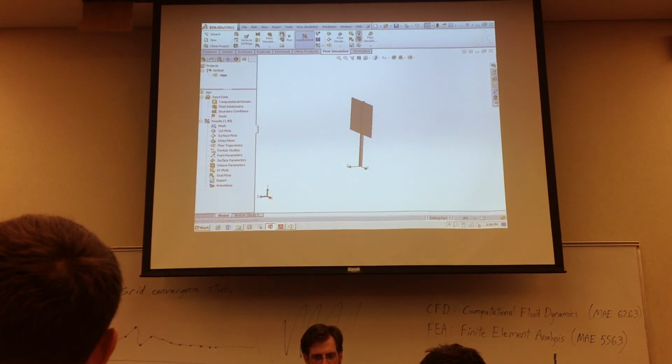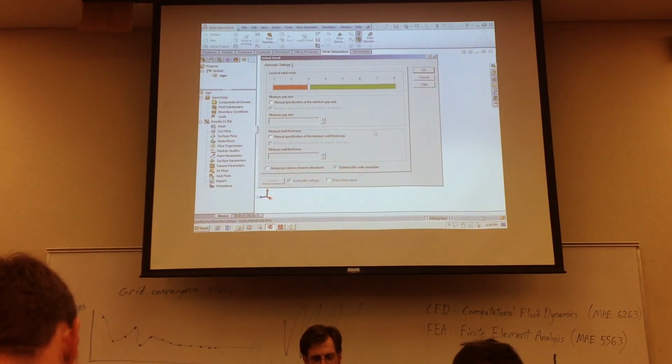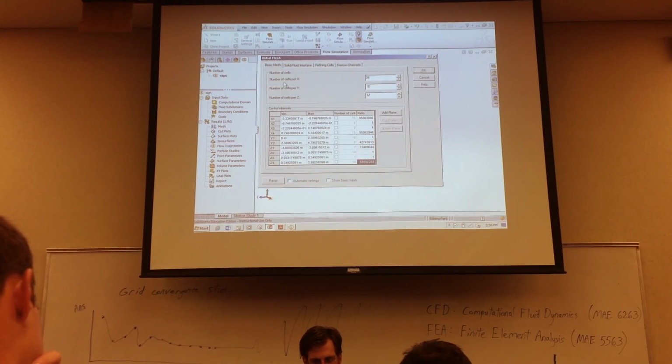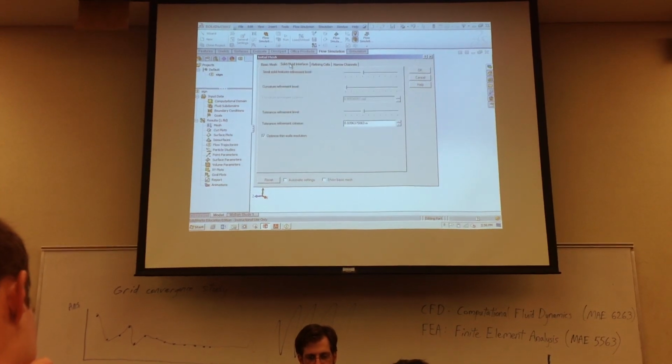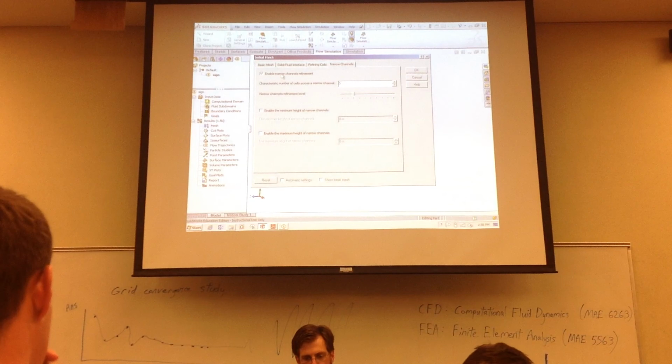Well, there's a mesh button right up here, initial mesh, that I can click on. Okay, so here's the box that we saw before for defining the mesh. If you turn off automatic settings down here, then you do get quite a few extra controls and parameters that you can use to refine the mesh more appropriately for